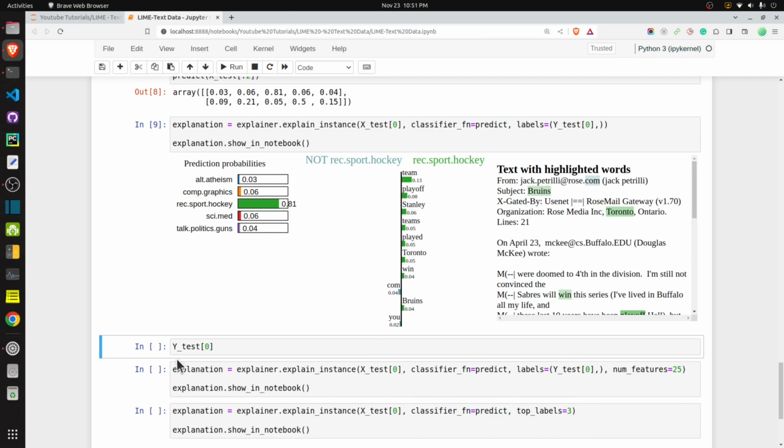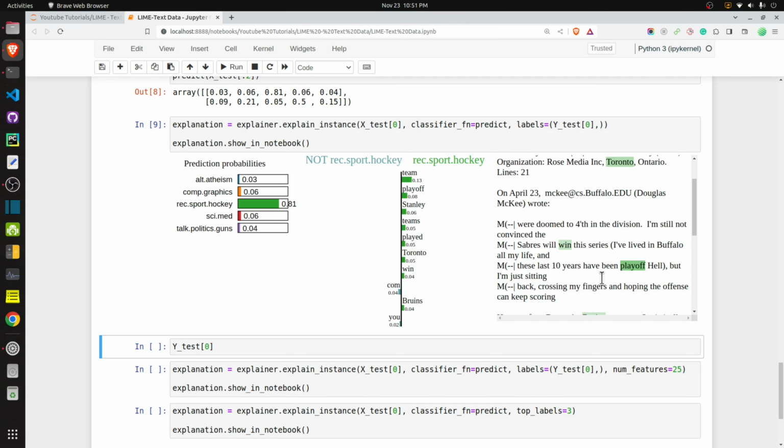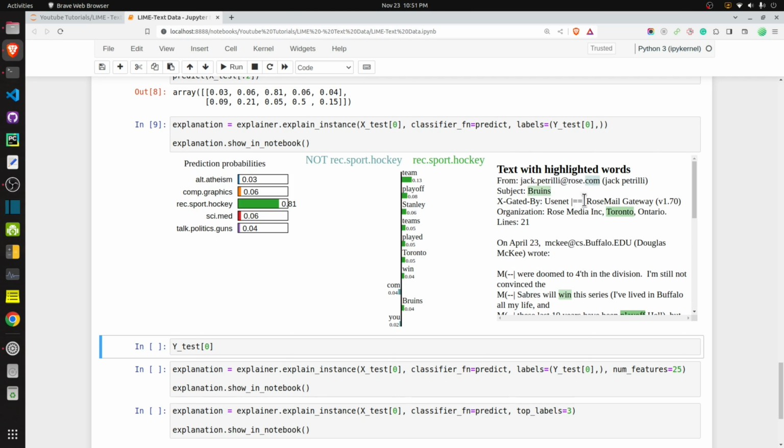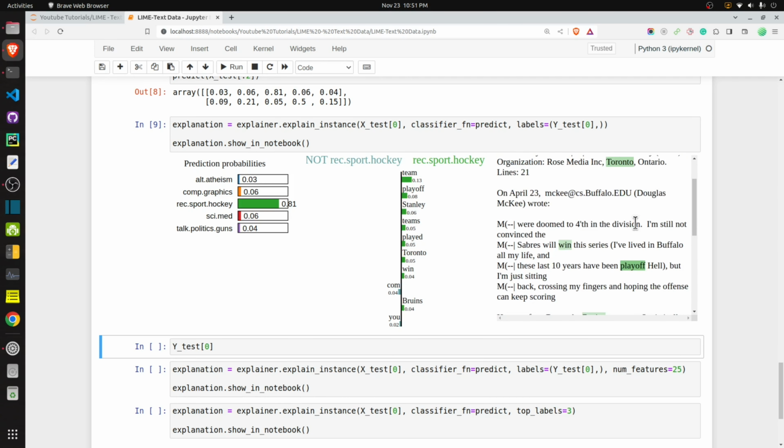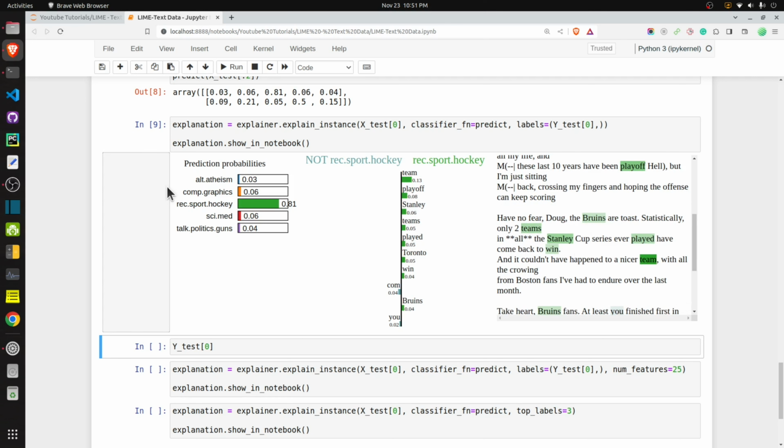And as you can see, this is the first example from the test dataset. From this text, it seems to be from the category sport hockey, and our model predicted sport hockey with 81% probability. And here there is a bar chart.